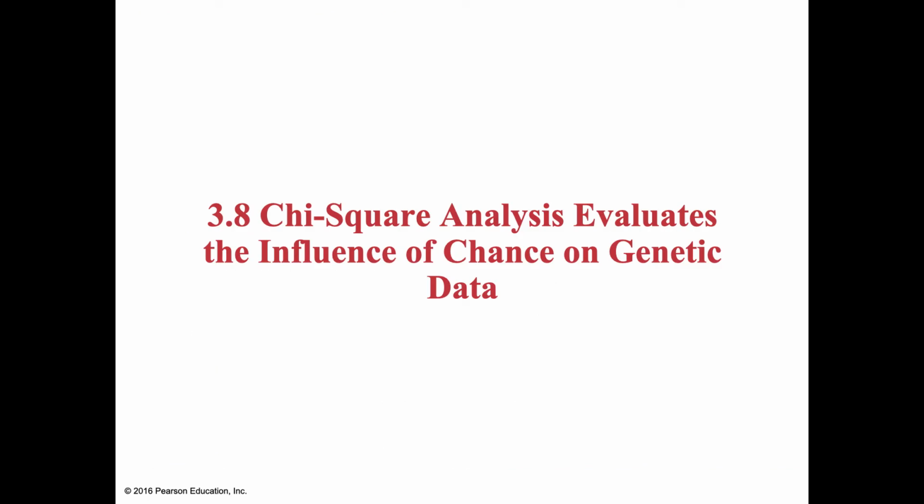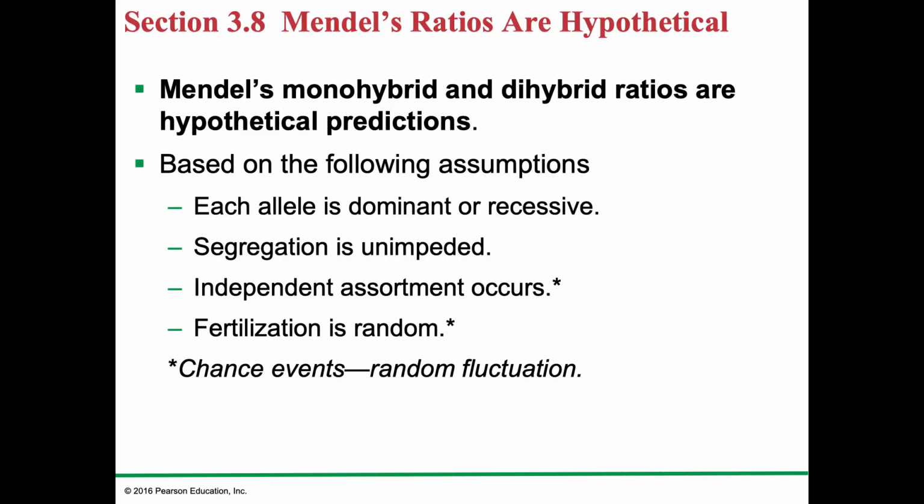All right. So we also can calculate about our hypotheses. So when we're looking at genetic data, we're looking at crosses, we can formulate a hypothesis about what we think is going to happen. We can run our experiment, use the data we get to say whether or not we think our hypothesis is valid. And so to do that, we use a technique called chi-square analysis.